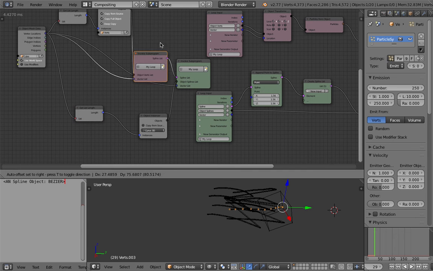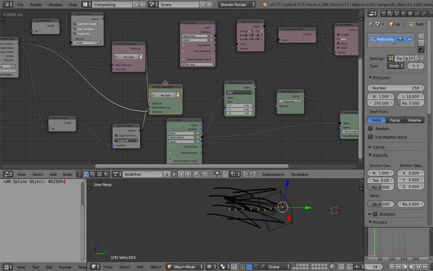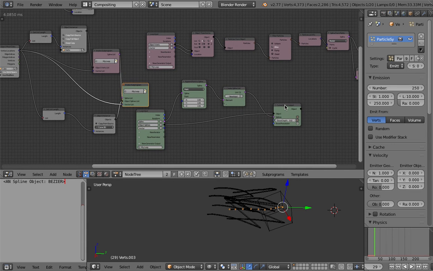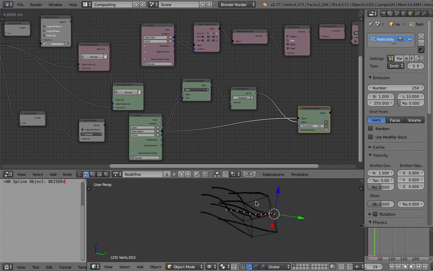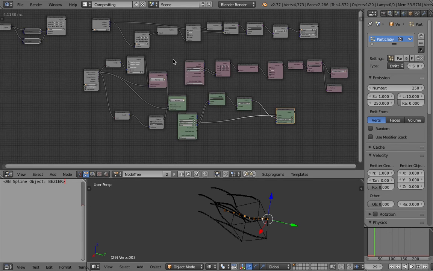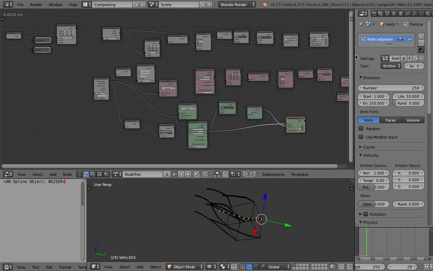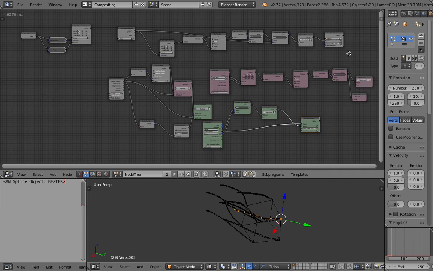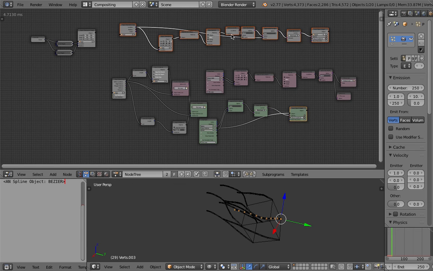A little bit more complex. Now that I'm doing this again and recording it, it feels a little bit more complex than I thought. But once you have this setup, it will just work, and you can reuse this. Remember, every node tree setup you have, you can always reuse. So you save it as a blend file, and then